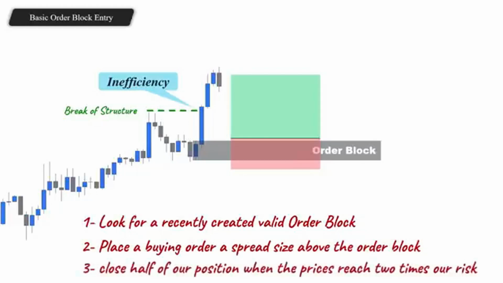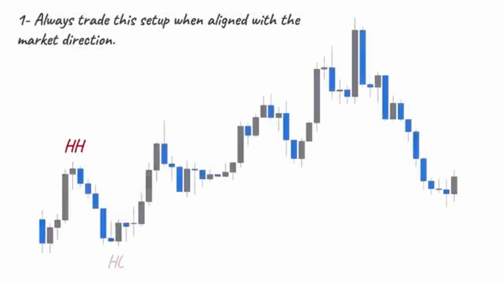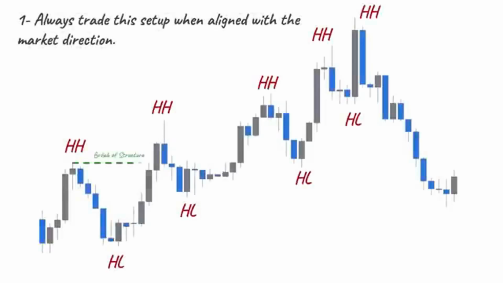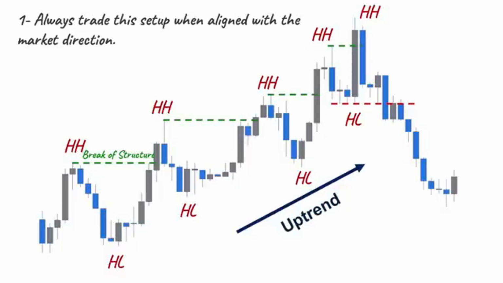This way, even if the price drops and hits our stop loss, we are at break even. For the second target, we will aim for the next key level in front of the price. But there are several key points to make this strategy more effective and profitable. Number 1. Always trade this setup when it is aligned with the market direction. This strategy is a trend continuation setup, so always trade this when you can clearly identify the market direction and